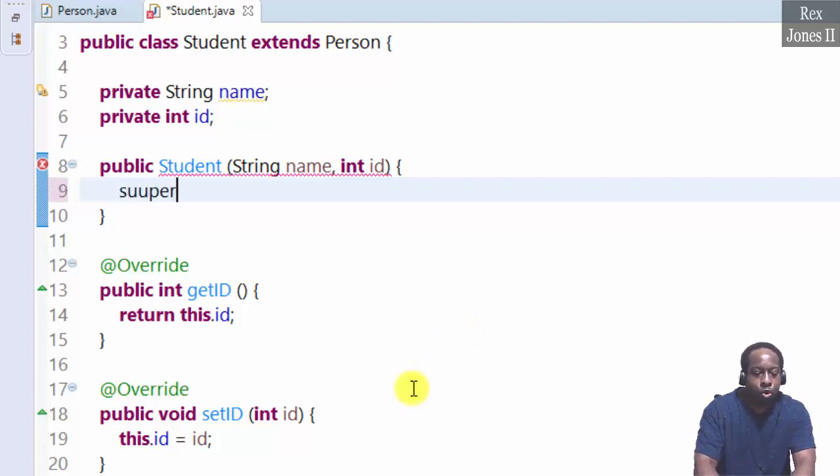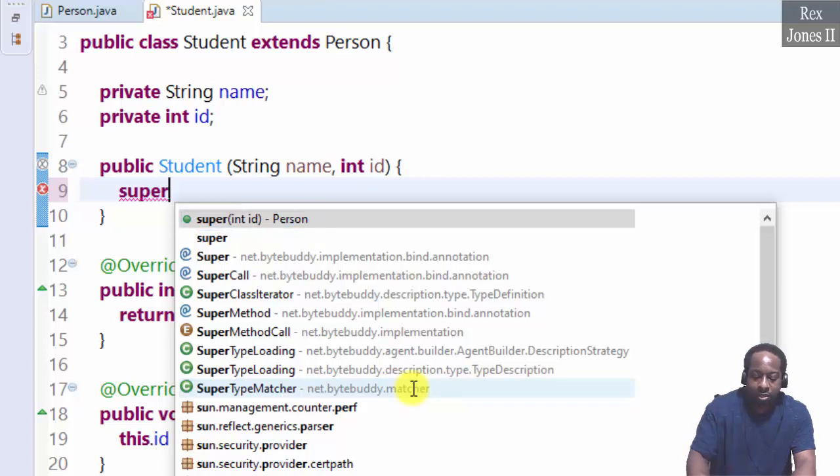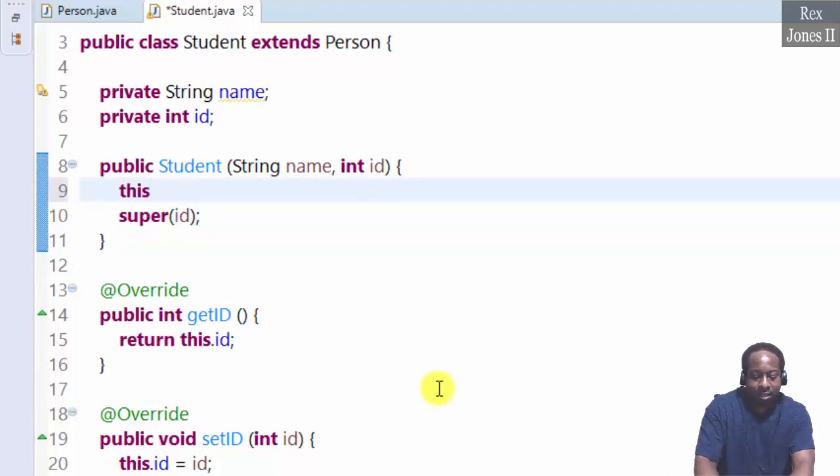We must invoke the superclass constructor using the super keyword. So we write super, Ctrl+Space, and we see a parameter for int id. Select that option and the error goes away. If I write this.name before super(id),